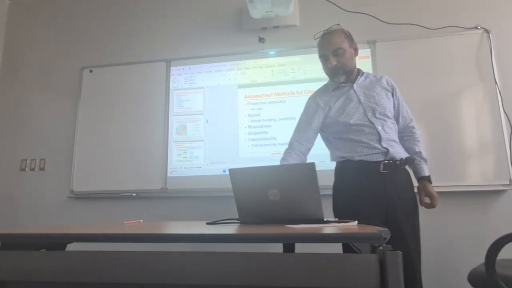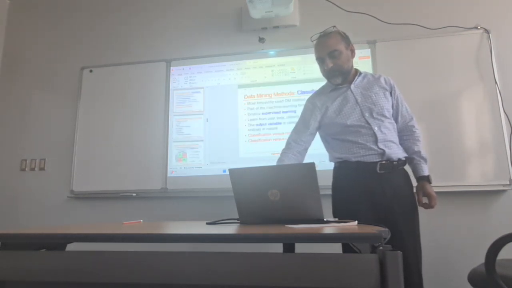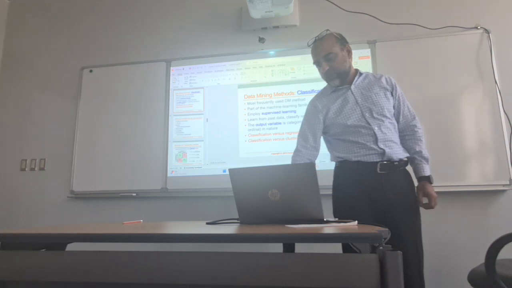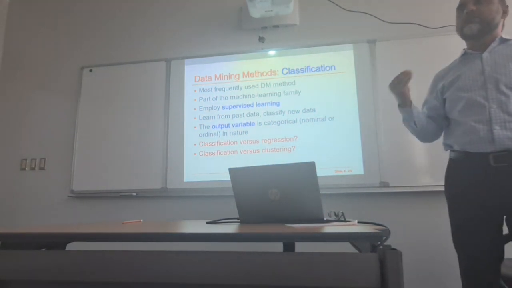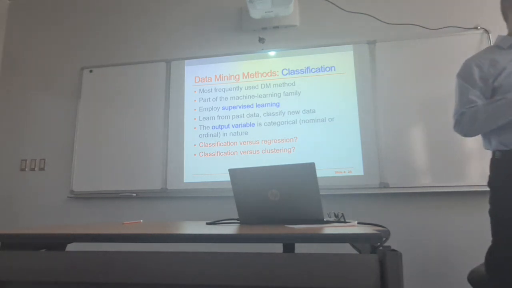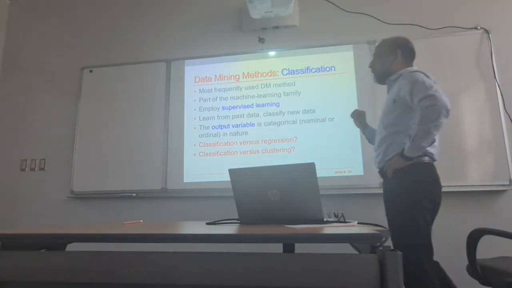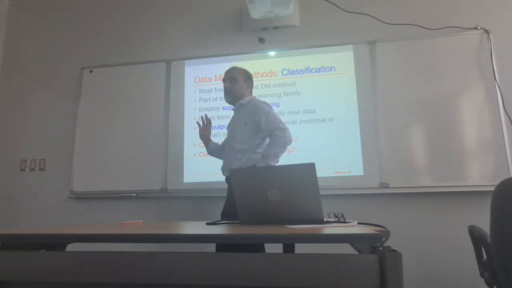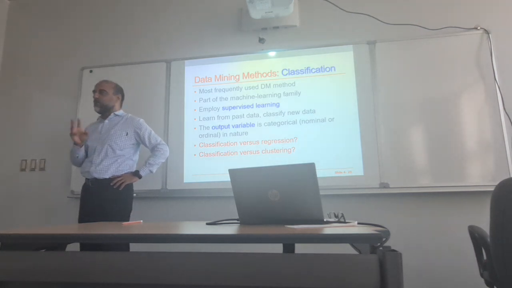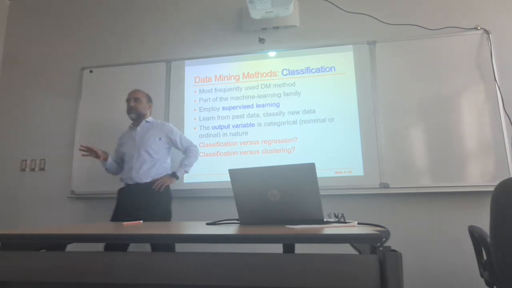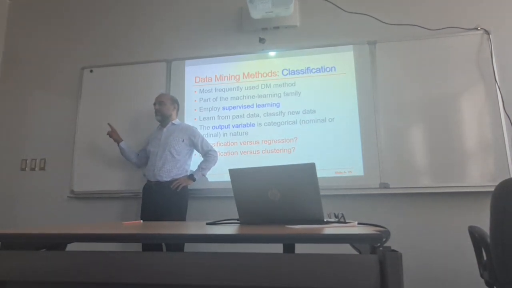Now let's go back and look at a few possible things that you can do. One of the things you can do is classification. I already told you what classification is, right? You have created classes, and when a new data point comes in, you're trying to predict which class this data point belongs to. Okay? So first you have to train your model about what a class means. When I say young adults, you have to train your model what this class means, or what segment. So it means that we will have an Excel table in which you have attributes, and then you have an output called class.